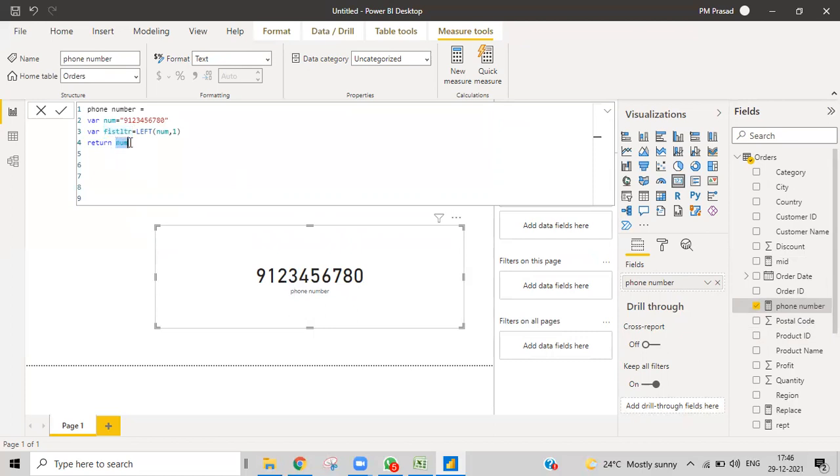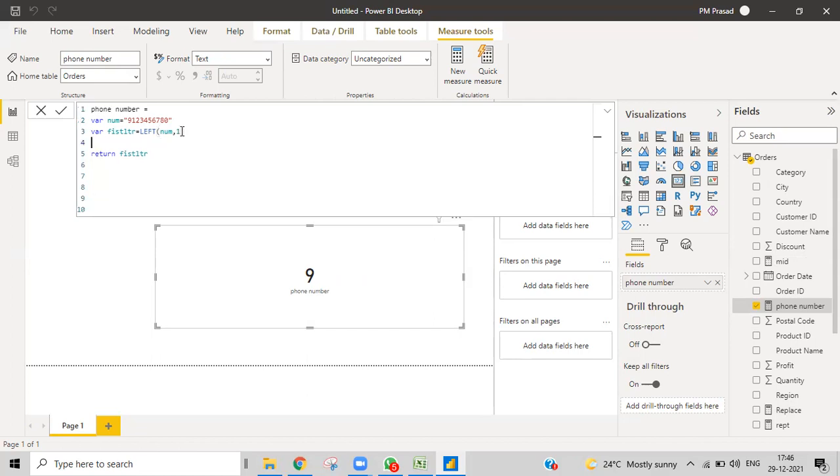Control C. Just to show you what will be the result of the second step, I'm trying to do that. If I do the second step, my second step gives me the 9. And then I'll write one more variable, LST LTR. So I'm trying to get my last letter. Obviously equal to RIGHT of what I want to calculate, RIGHT of num.